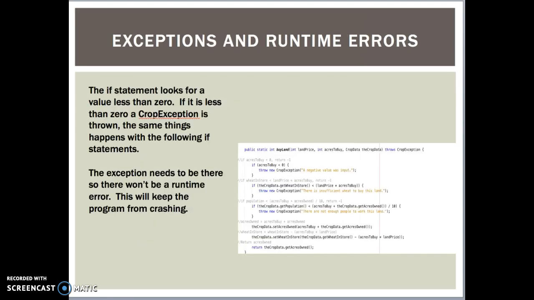That really feeds into exceptions and runtime errors. The if statement looks for a value that's less than 0 right here on our if statement. And if it is less than 0, a crop exception in our code is thrown, and the same thing happens with the following statements. And so the exception needs to be there so there won't be a runtime error, the